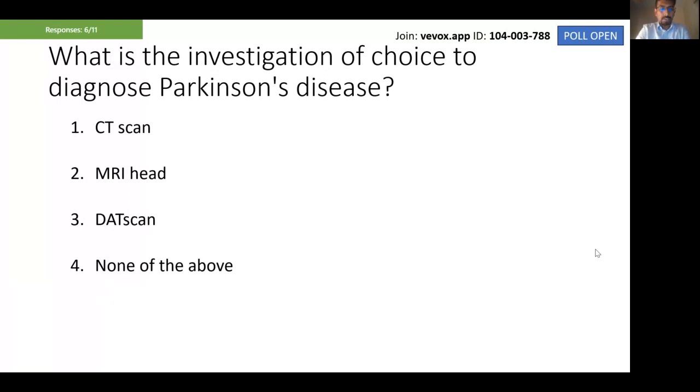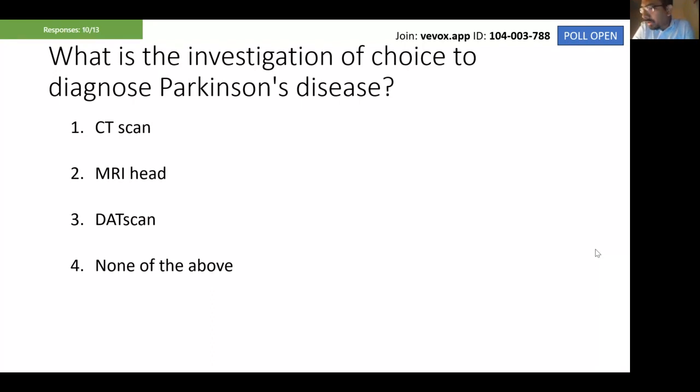Amit, just got a couple of questions while people are responding. Yeah, sure. There's one from Leonidas, who is clearly going through the preclinical side of things. Does the disease start with ipsilateral or contralateral symptoms, including cerebral hemispheres and the first limbs that are affected? It starts characteristically unilaterally.